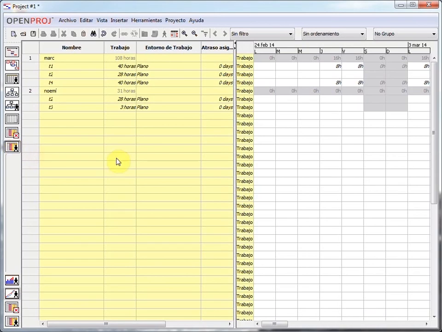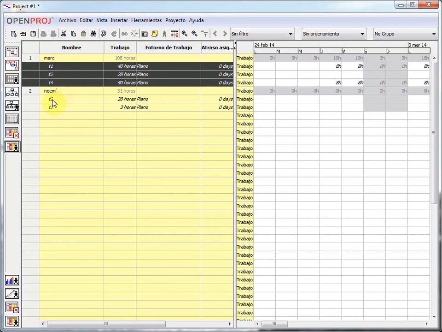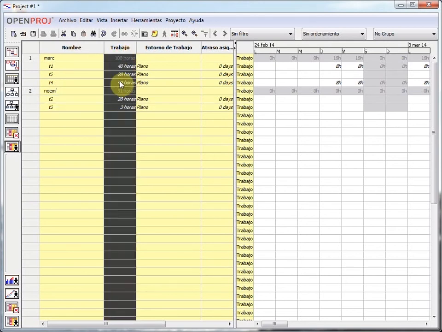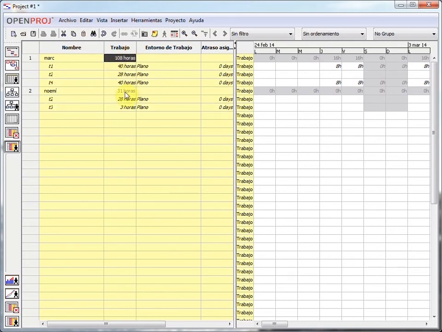In this use of resources, we get a split kind of screen. On the left side of the screen, we get all the resources that we have, and right underneath them, I get all the tasks that have been assigned to that person, right? So these are the 3 tasks assigned to this resource in here, and these are the 2 tasks assigned to this resource in here. But this is not the only information that I get, because right next to the name of the resources, I get the amount of hours